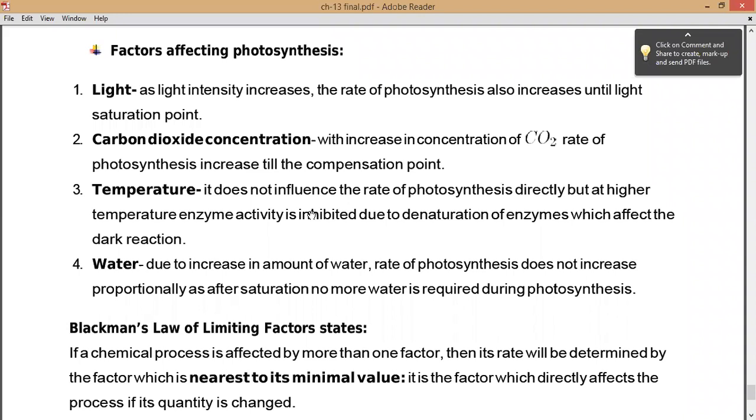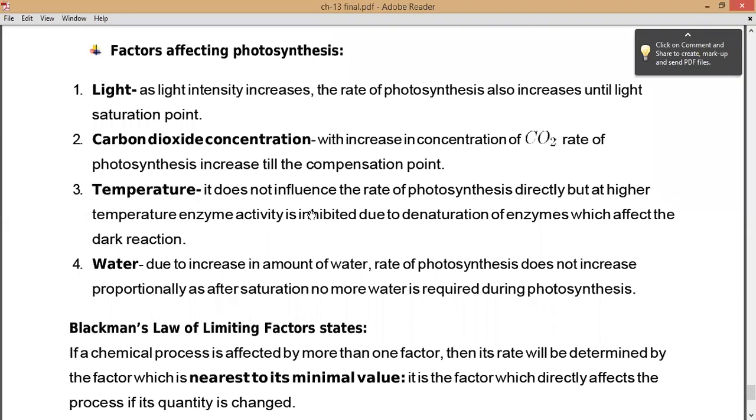So the more the intensity of the light, the more the rate of photosynthesis. So if you want to tell what the factors are, the first is light. If a proper amount of light is present, then a proper amount of photosynthesis will take place. But if the intensity of light is not proper, then the photosynthesis rate can fluctuate, right? So this is about the first factor.